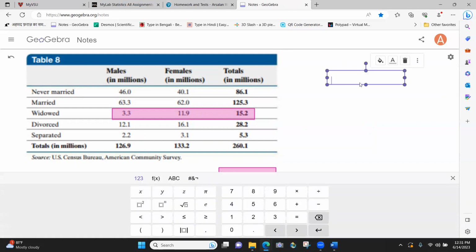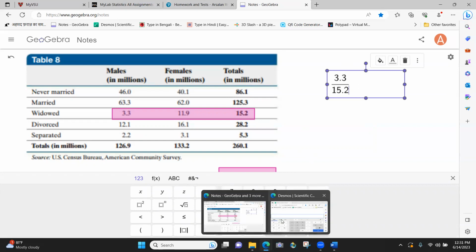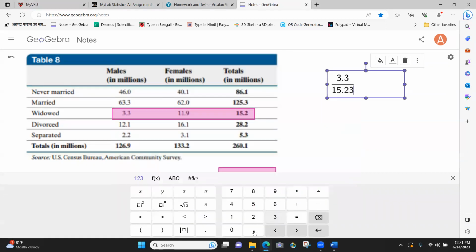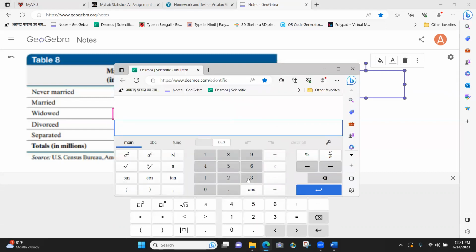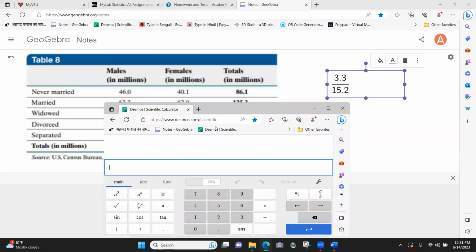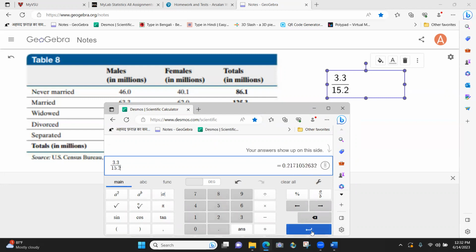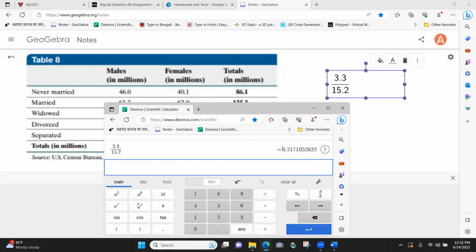The answer is 3.3 divided by 15.2, which turns out to be about